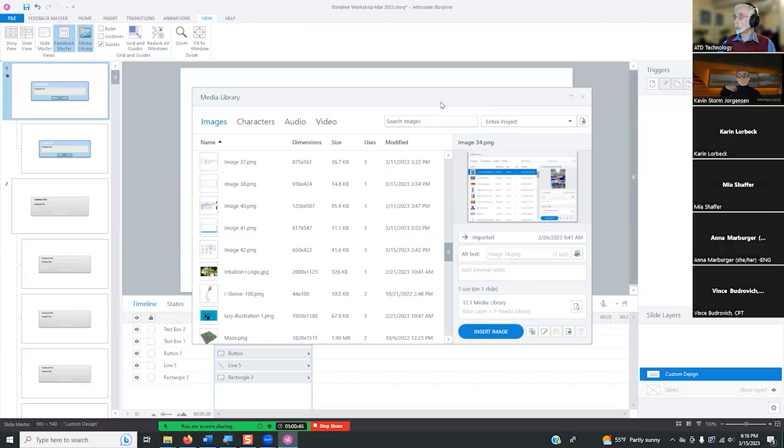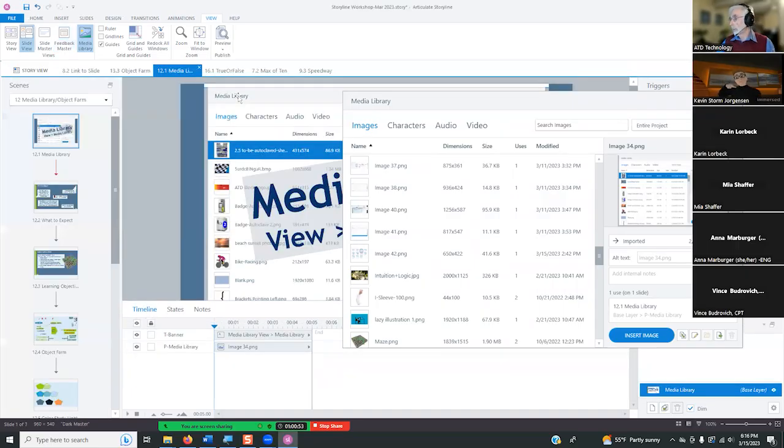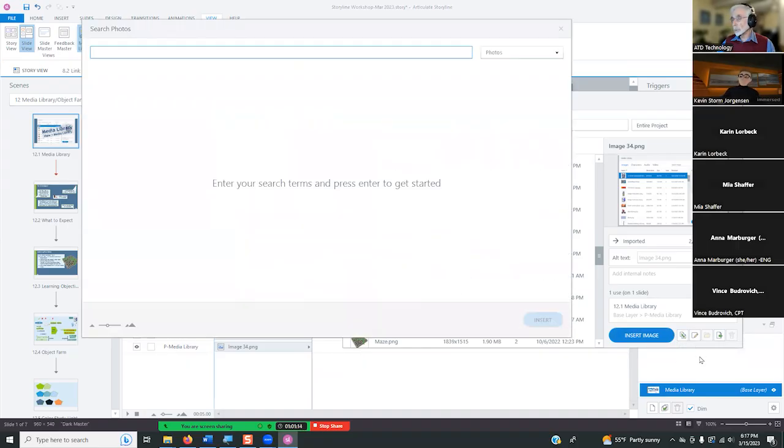So if you wanted to reuse a character that you had in another slide, instead of copying and pasting that slide, just bring up the media library and insert it that way. Exactly. And say you used an image in a dozen different places, you can change every single one of them by going down here in the lower right-hand corner, click replace, and we'll just replace,